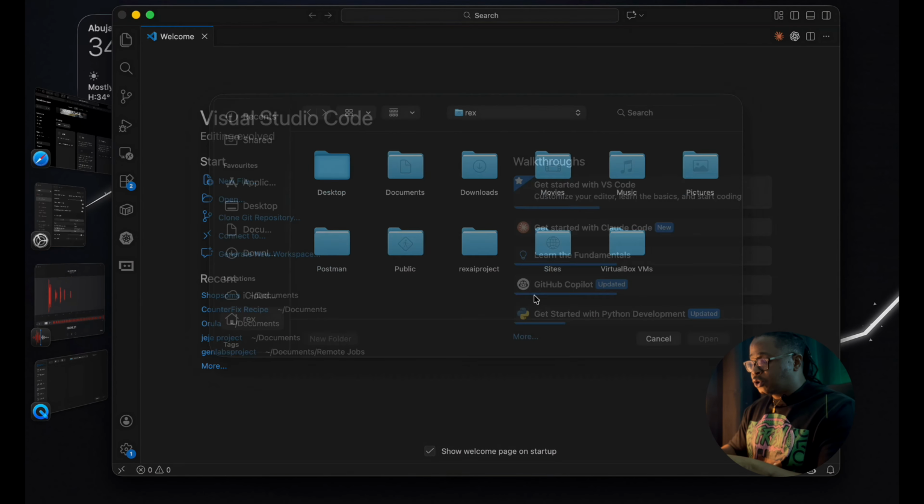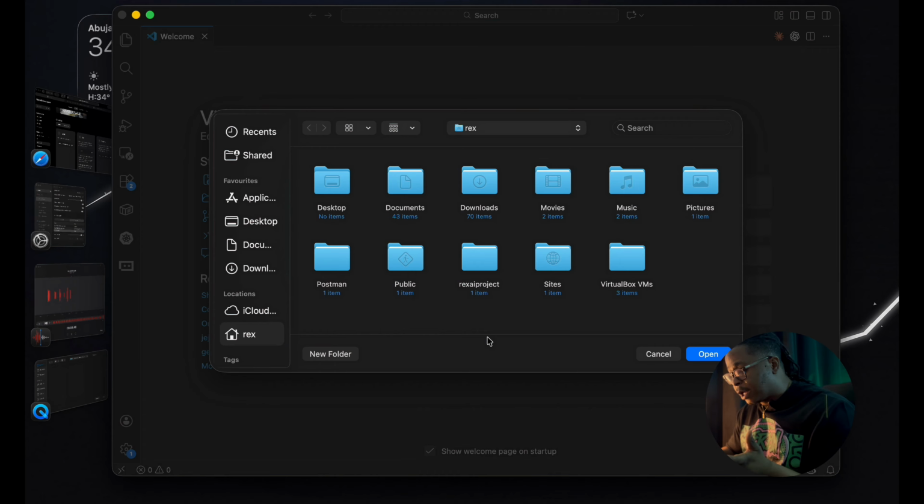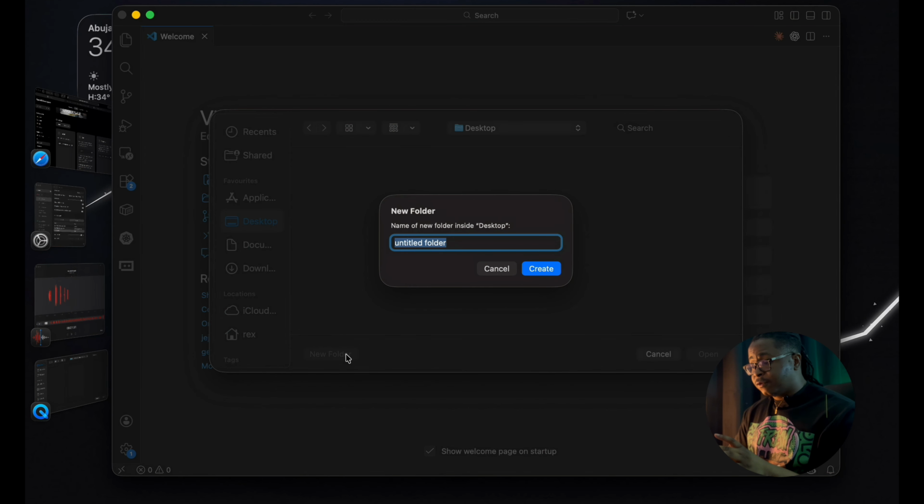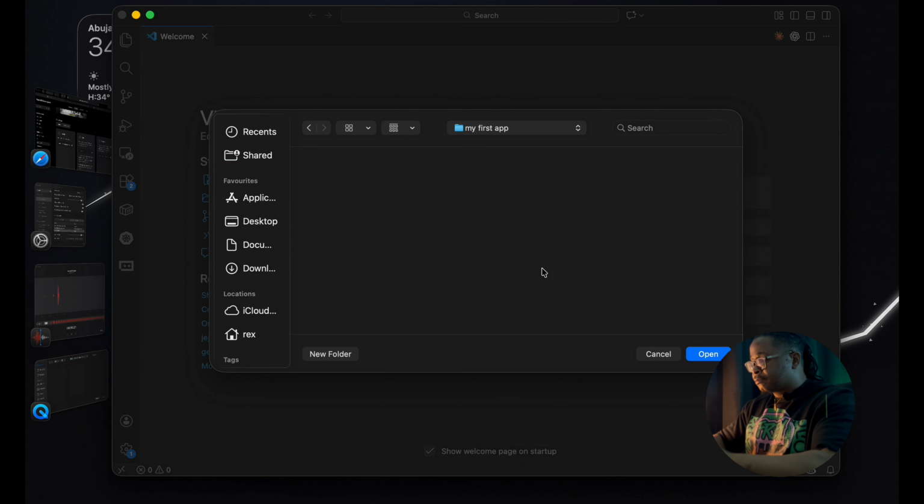So all you simply need to do is go to open. On my MacBook, I could just do Command O. On Windows, you can just do Control O. That's all, and it just opens up. In any directory of your choice, you can create a folder. I'm just going to create a folder here, and I'm going to call this folder my first app. Simple. So I save that, and it's going to pop up on my desktop right now. My first app is open.